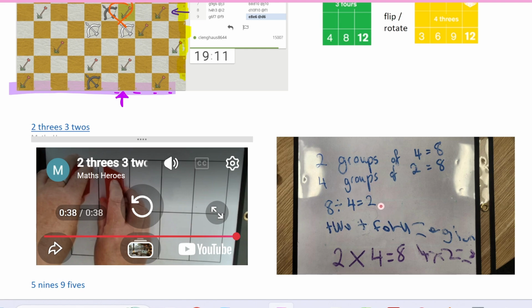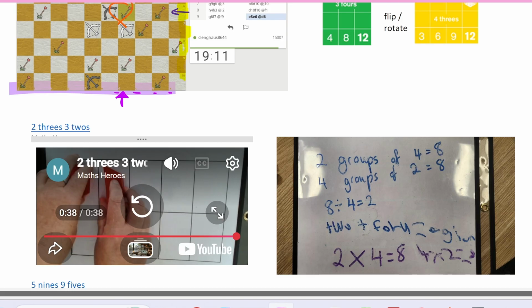And we spoke about it. I said, do you know what this symbol means? And she put 2 fingers up, she put 4 fingers up, she counted them, and she said that's 6. I said, do you know this symbol? And we looked at the multiplication symbol and she said, oh yeah, I remember that. And so then she rewrote it as 4 groups of 2 equals 8. We did a few